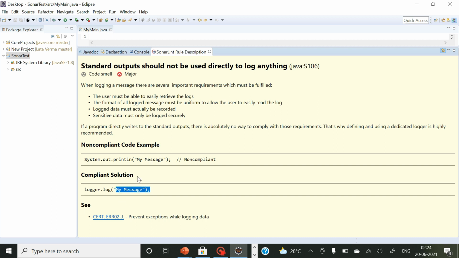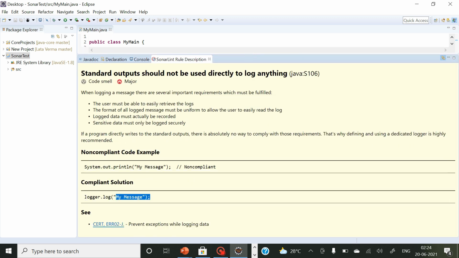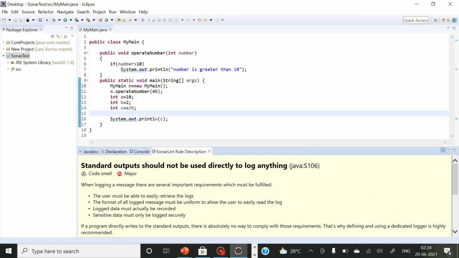So a complete solution is provided with the issues which are raised by SonarLint. With that you can get the compliant solution, and as a developer you can use that best practice in your code, so that your code can be of good quality. So guys, I think now you have got to know how SonarLint works and how it analyzes your code statically without executing your program, and how it gives you a complete description of your issues. Those issues might occur at runtime, but before executing your program you are getting them on the fly, and you are getting both compliant and non-compliant code.